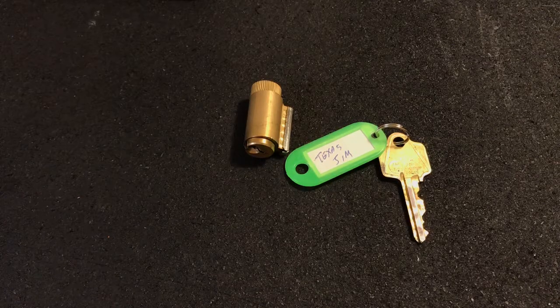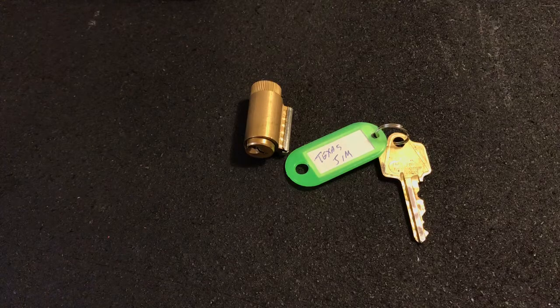By Mr. Jeff Moss. A little while back, he and I worked out a trade, and what he sent to me was a big old box of locks. I've got that covered in a previous video, and one of the locks in that box was this challenge lock